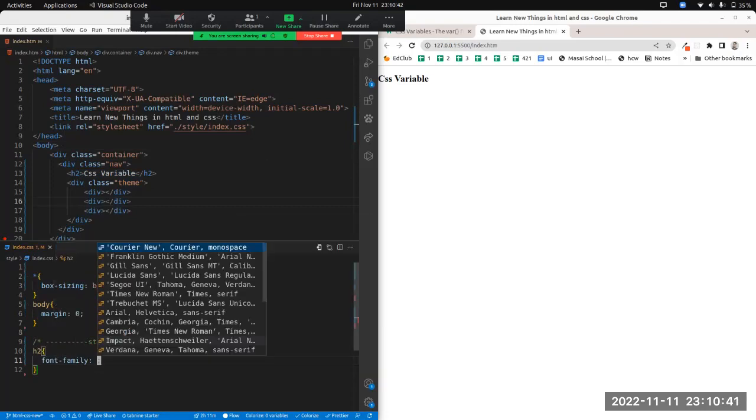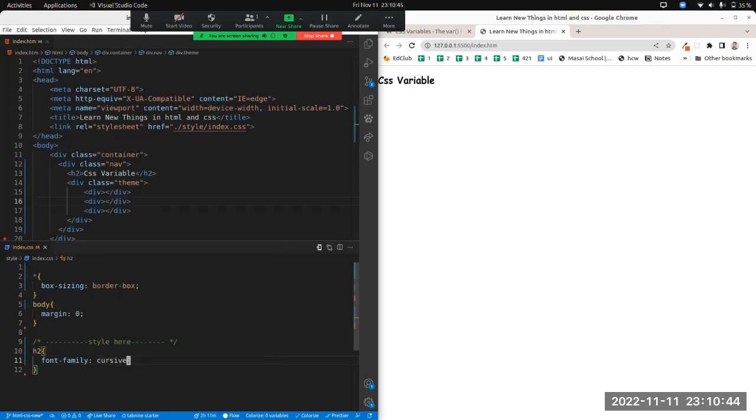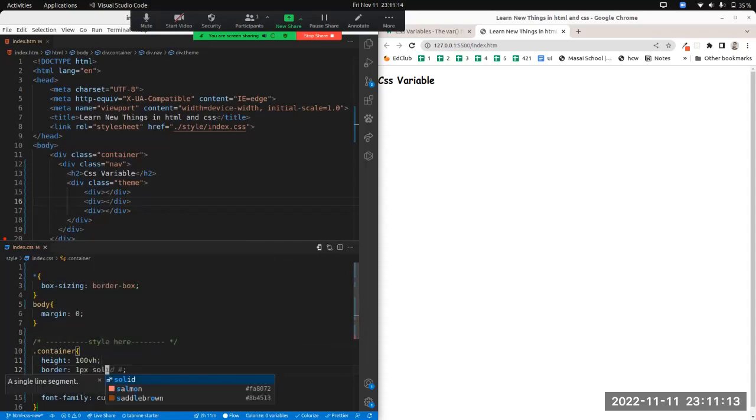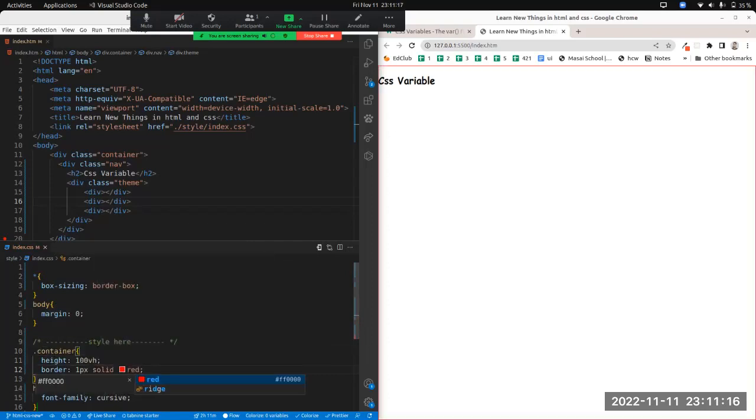Font family, cursive. Let me give some border because I'm not able to visualize. Let's give it height, 100 view height, border 1 pixel solid red,